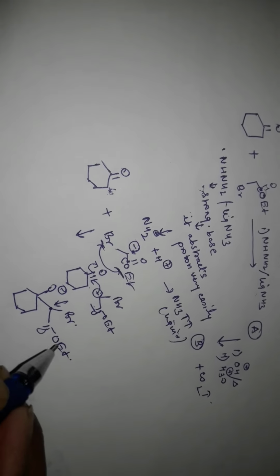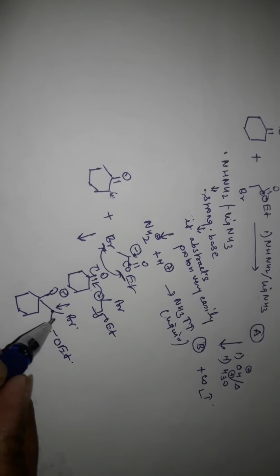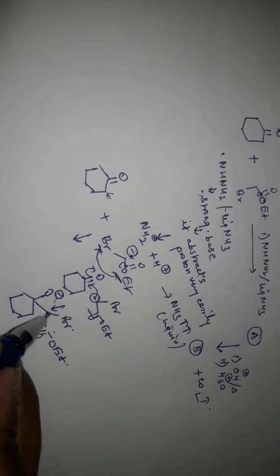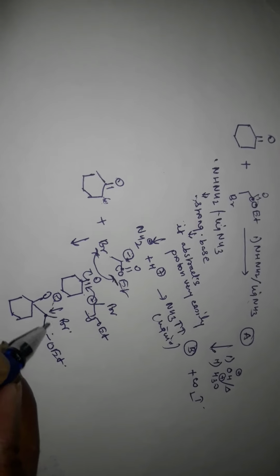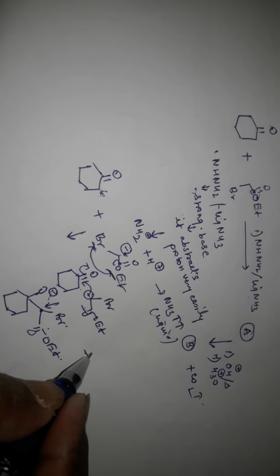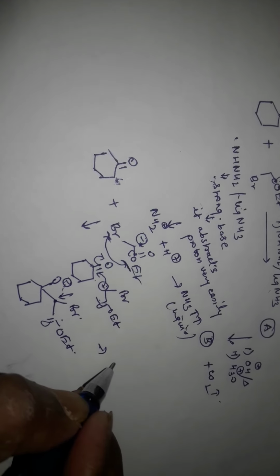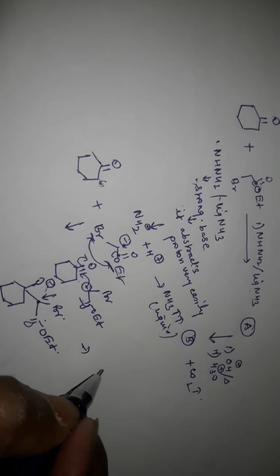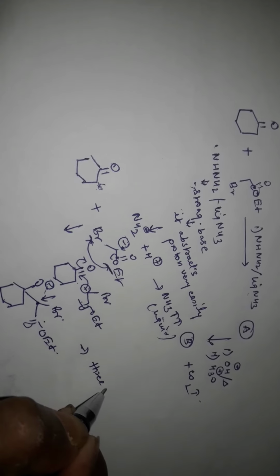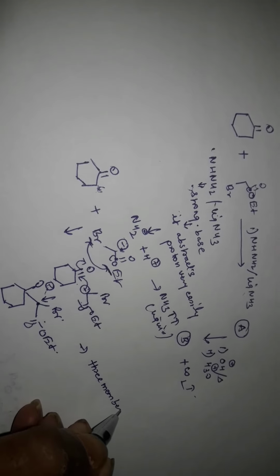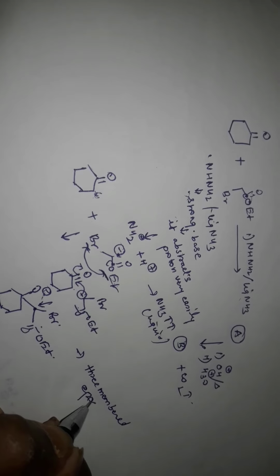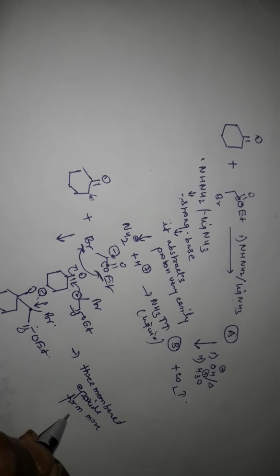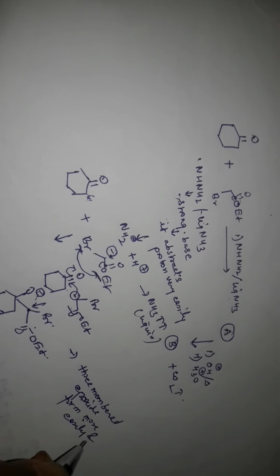Okay, so after that, what happened, this charge will be shifted, either it will attack this side or this side. Okay, so where it will attack is the condition. So if you see the condition, it will form an epoxide. If an epoxide is formed, a three membered epoxide forms more easily and stably. Okay,